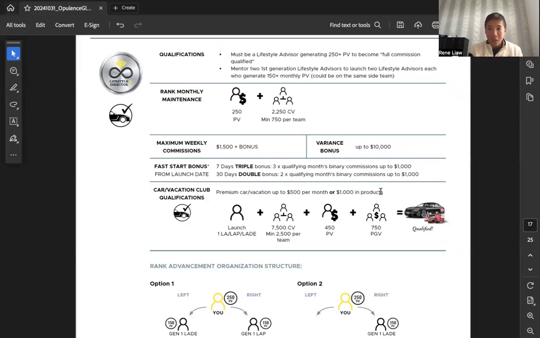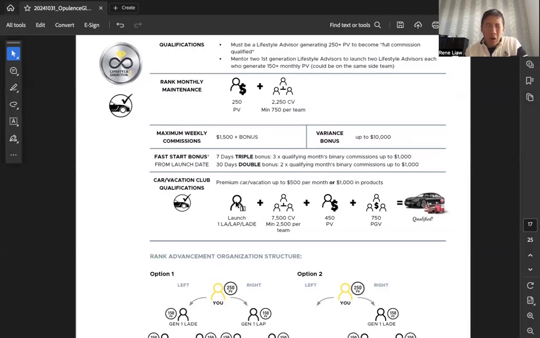Do you want your cash, or do you want double the amount in shopping credits at the retail value? Some people do choose that because they want to go and buy products and sell them and cash in on the $1,000, right? Anyhow, to qualify for the car, the vacation club, or the extra products,